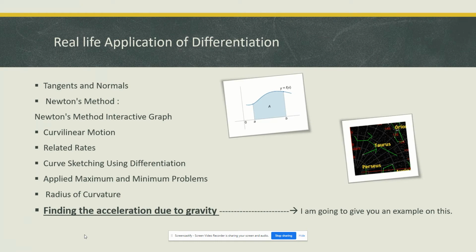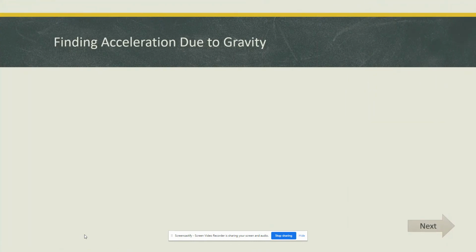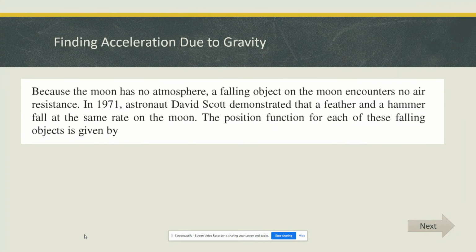Here are some pictures to show you about the applications of differentiation. So, finding acceleration due to gravity. Here is the example of the moon. Because the moon has no atmosphere, a falling object on the moon encounters no air resistance. In 1971, astronaut David Scott demonstrated that a feather and a hammer fall at the same rate on the moon,